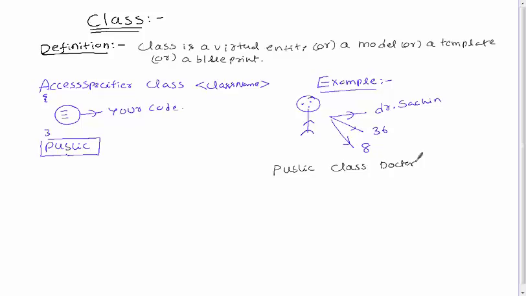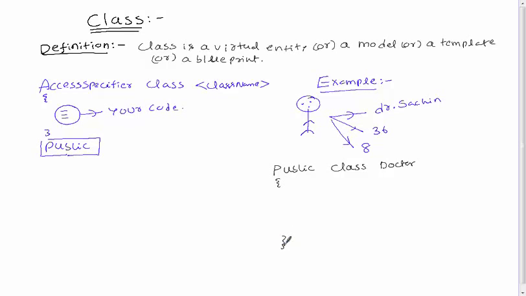Again, you should not write this Doctor in angular brackets. The angular brackets in the syntax specify that the user can give any name. It doesn't mean that you have to place the class name inside the angular brackets. I believe you understood. Now open curly bracket,